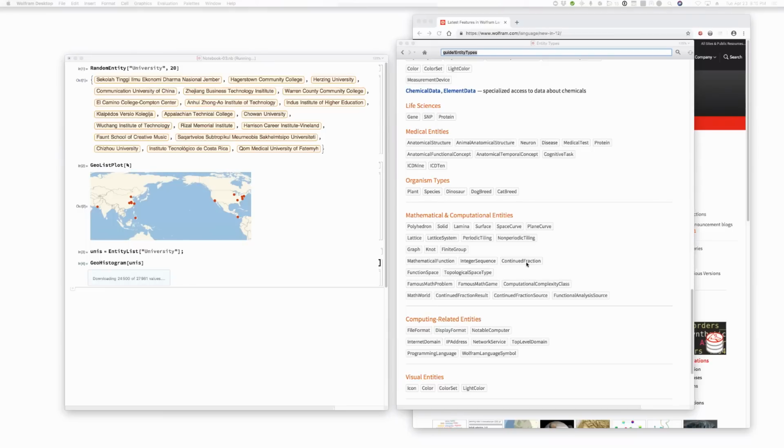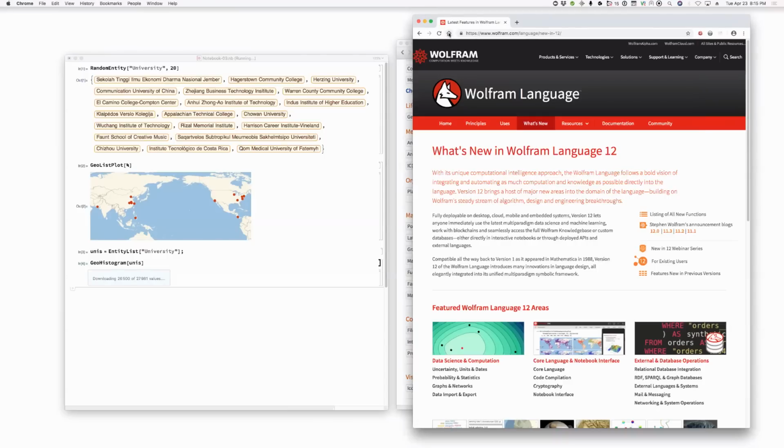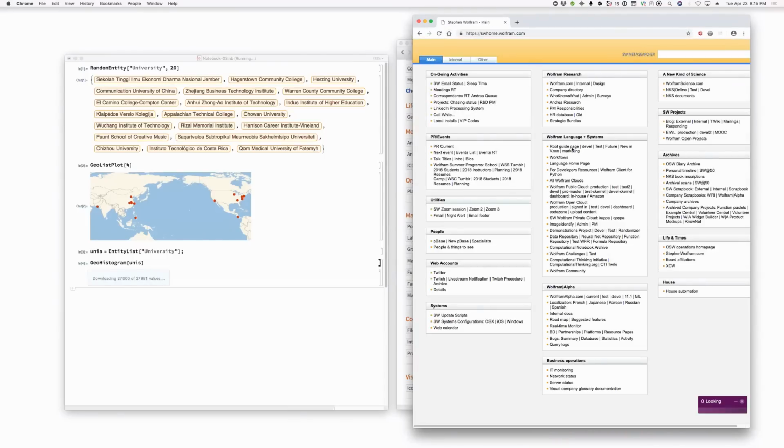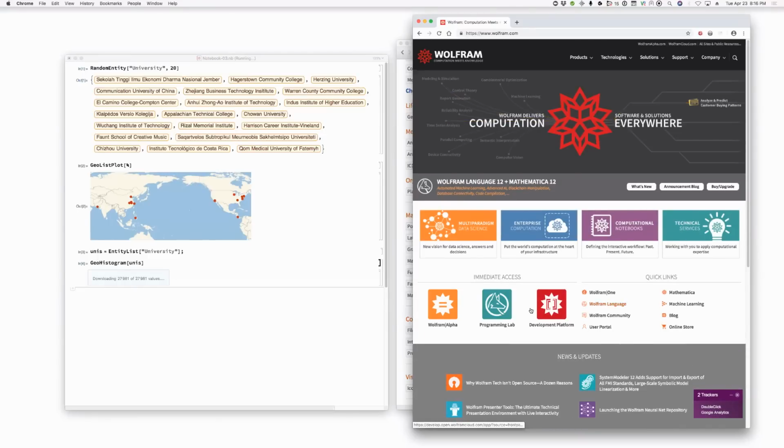But by the way, for people who are wondering how you can try this out, you can always get a trial version of Mathematica, but you can also go to the web, go to immediate access, and try, for example, the development platform. Actually, this is all changing quite soon, but